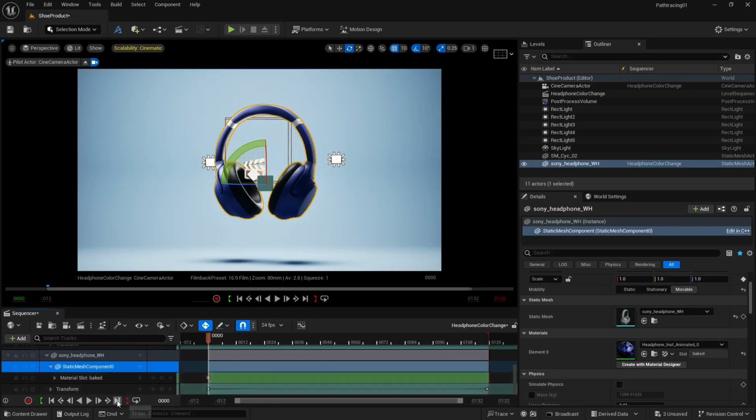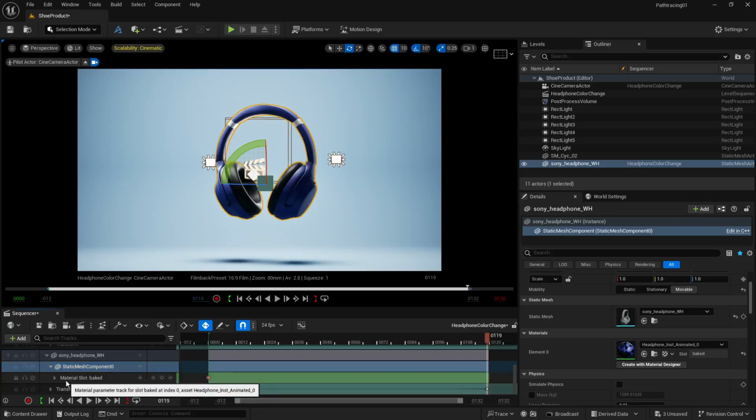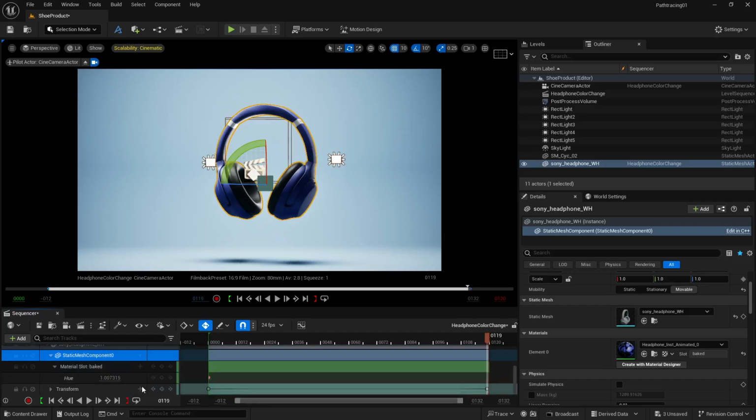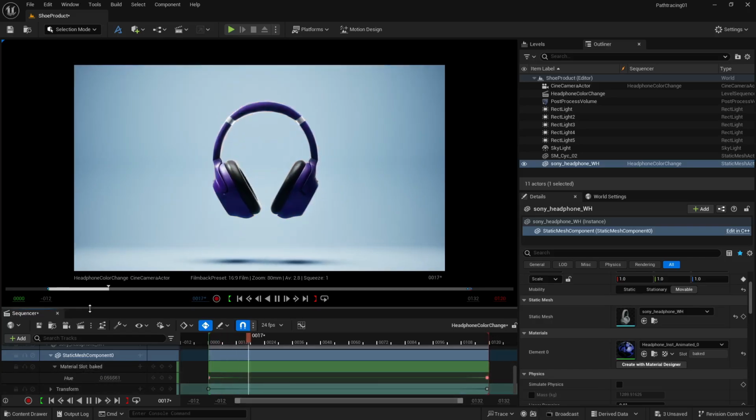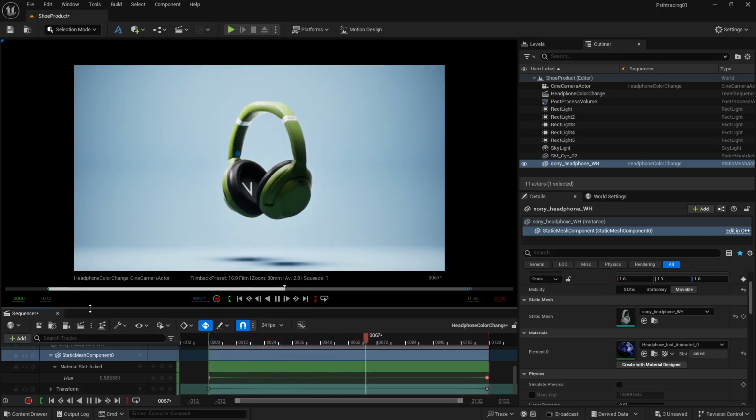Okay, so let's just go to the last key. Okay, and I'm going to change the value of this hue here. Okay, so right now it is starting from 1. I'm going to make it a 0 value, and at the end it is going to be a 1 value. Okay, and I'm going to make sure it is on the auto state only. So now you can see we are changing the material as well.